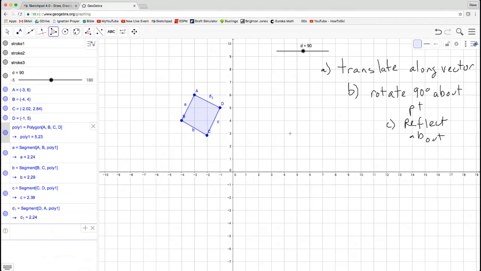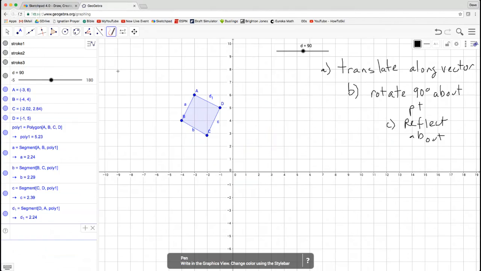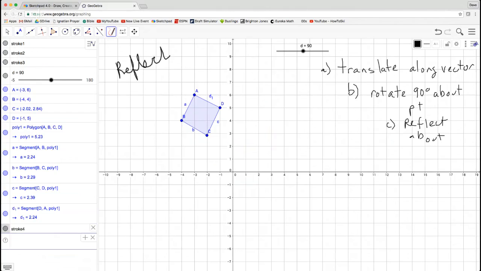Okay, now if I was to say, reflect... oops, that's not a triangle, is it? It's a polygon. Polygon A, B, C, D